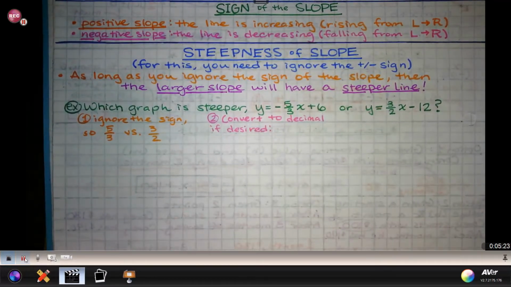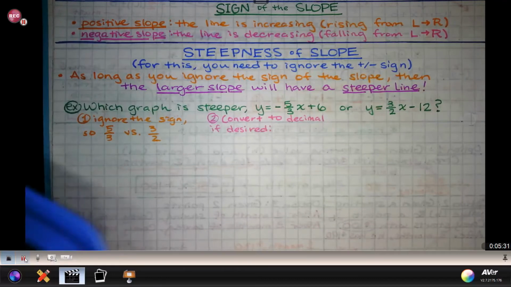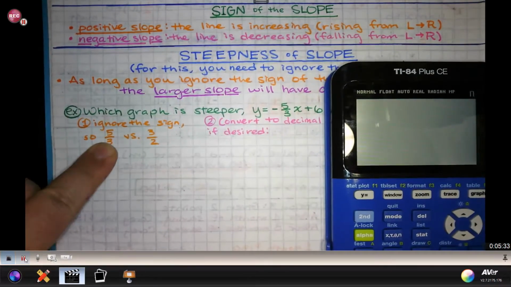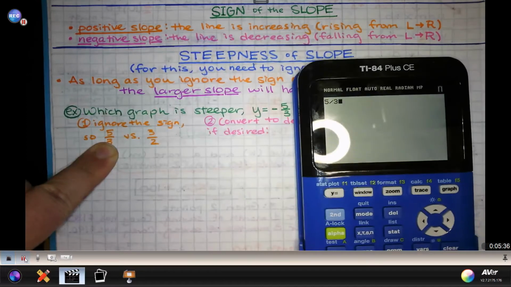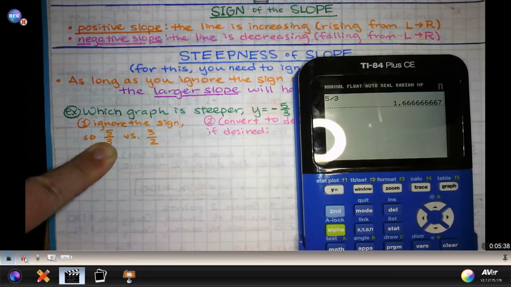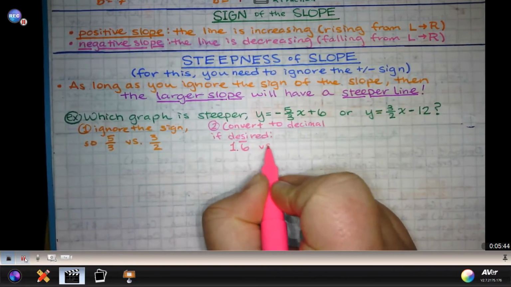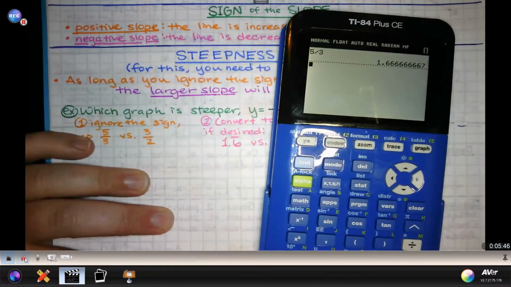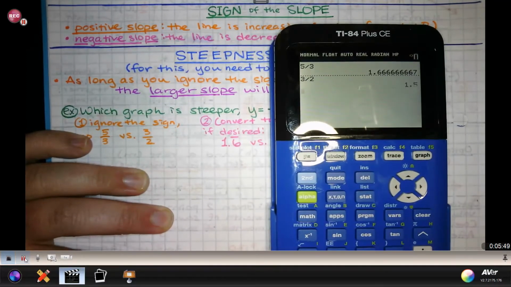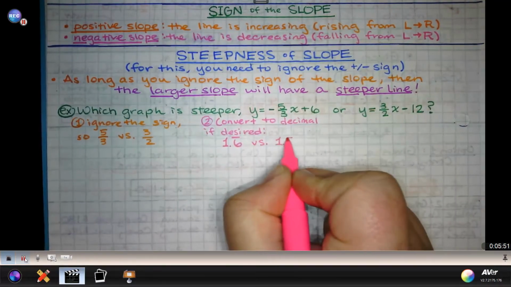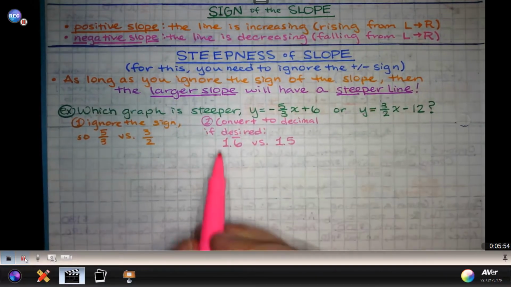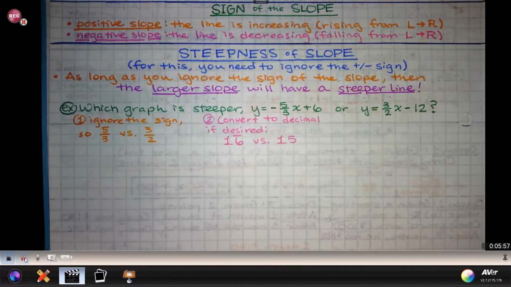So, we have, you can just do this on a calculator. 5 divided by 3 is what that means, right? Numerator divided by denominator, and you get 1.666666 repeating. So I'm going to write 1.6 with a bar over it versus 3 divided by 2 is 1.5. So that actually helps me more because I can understand that 1.6 is actually going to be bigger than that. So that is actually the last step, is to,